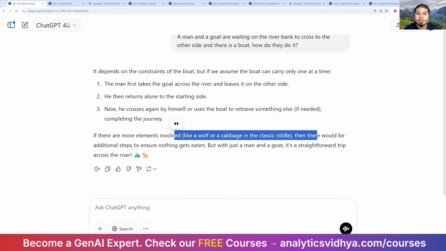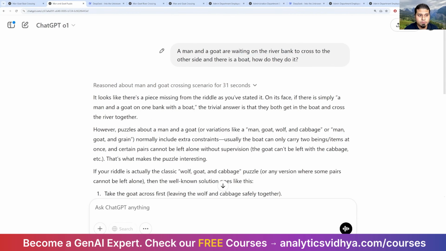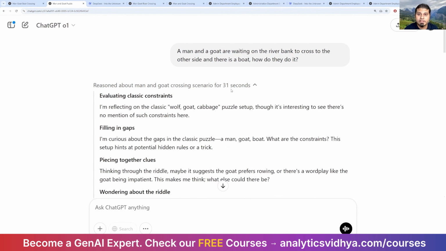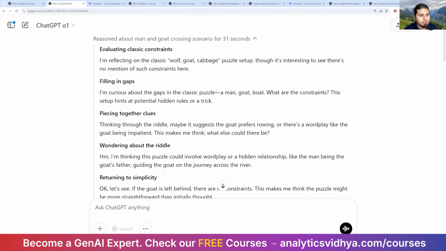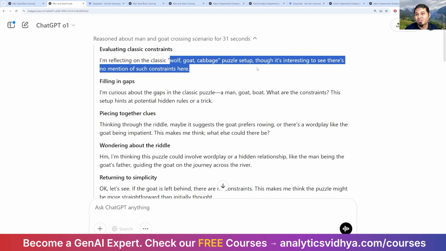Let's look at how OpenAI o1 fared on this problem. So again, same prompt. And you can see it has reasoned for 31 seconds, that is half a minute. And again, you can see it's kind of extrapolating from things it has already been fed with, right? Data and problems it has already been fed with. Like, I'm reflecting on the classic wolf, goat, cabbage puzzle setup, even though there is no wolf or cabbage involved, but